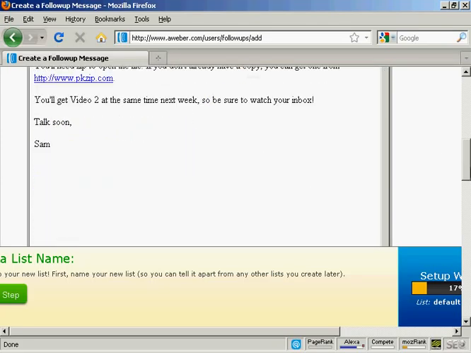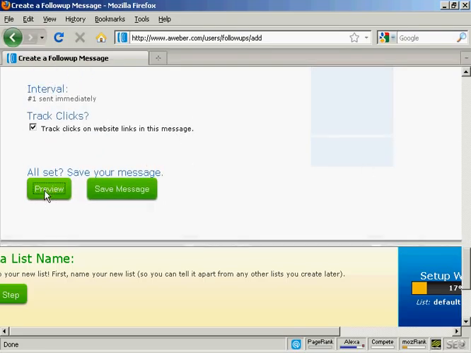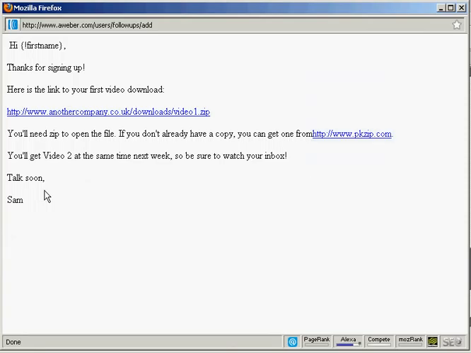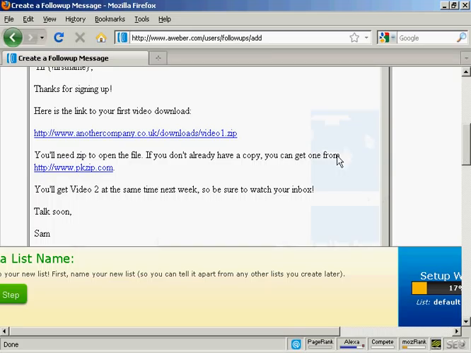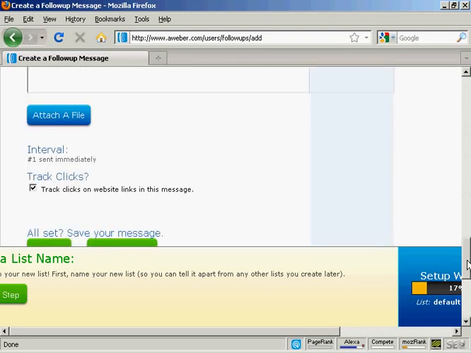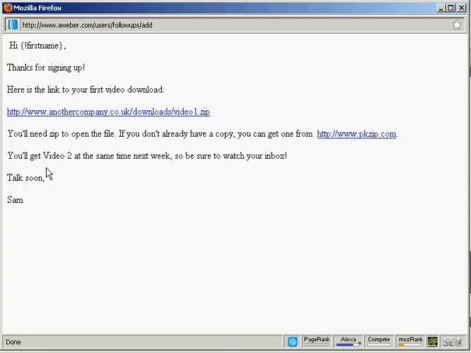Okay, that's done. Let's just preview it. As I come down to the bottom here, I can preview the message, and there we go. I need to put another space there between from and pkzip. Let me just correct that. I just put the space in here, I think, or maybe there. There we go, that'd be better. And again, preview it. There we are. Now that's ready to go. Close that